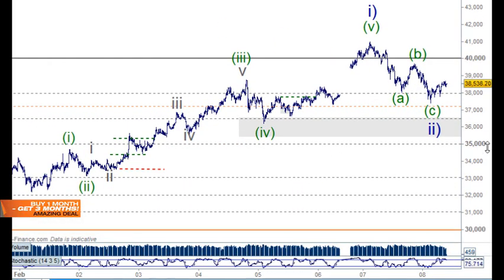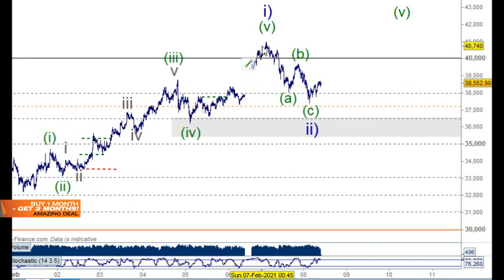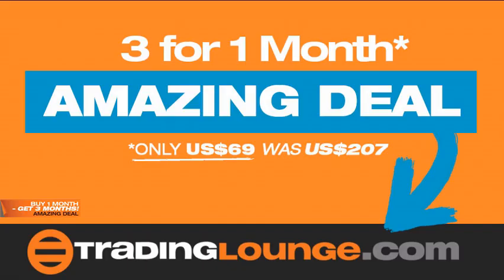So with the 15-minute chart here, from this wave 2 low, we're looking at wave 1 and 2 here, and wave 3 here, and wave 4 here, and wave 5 coming into play here. So in this instance, I can see I've got an impulse wave down here, and then wave B, and then wave C here. Wave C is a little bit short. It hasn't even pulled down to the 50% retracement level. So if that was going to be the case, then I need to